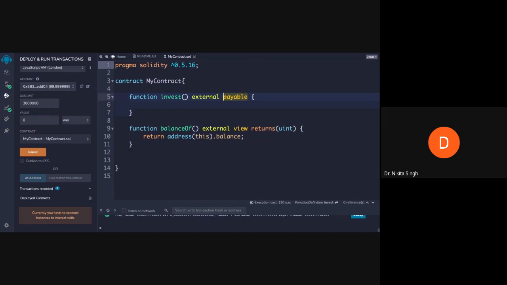In order to send ether to a smart contract, you need a function with the payable keyword. This payable keyword specifies that the function can accept some ether. If you're not using the payable keyword, your smart contract will reject any incoming ether transfer.